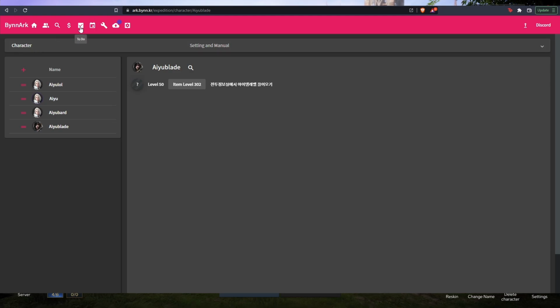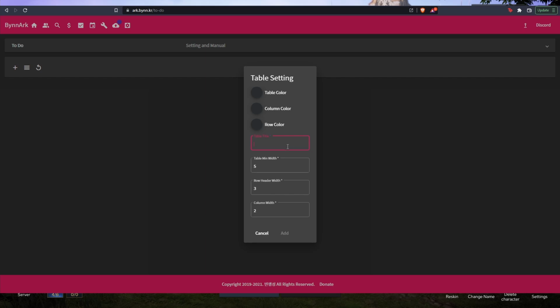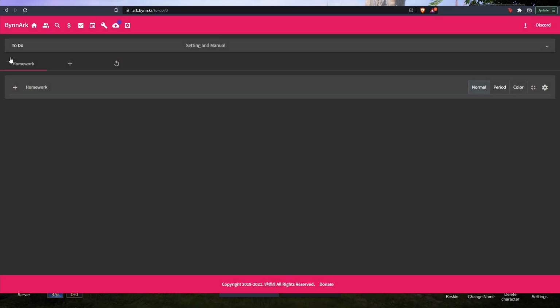Now we have to go to the To Do tab and click on it. As you can see, there's absolutely nothing here, so I'll just teach you how to set it up. The first thing you'll want to do is make a table, and you can just name it anything like dailies, or I'll just call it homework actually. And you can choose the table color and the column color and the row color, but it doesn't matter. I will leave these widths and everything the defaults, and I'll just click add, and you can see I've made